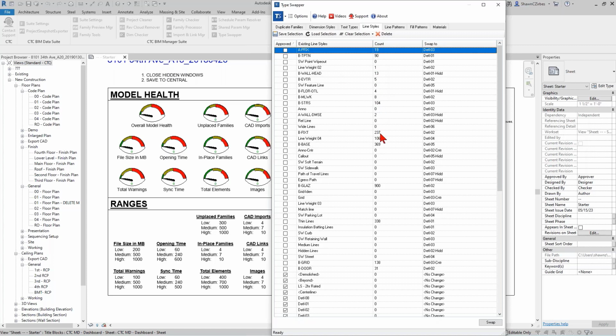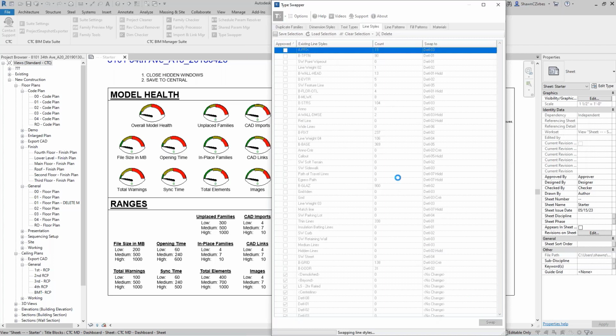This tool goes and finds all of the instances where these are actually in use. Now, when I loaded my selection, I already had preset the swap-to setting within that file, so it knows already what to do. And all I have to do is tell it to go swap those line styles. And it's going to rip through my project. It's going to find every instance of every one of those line styles, and it's going to swap them out for the ones that it is